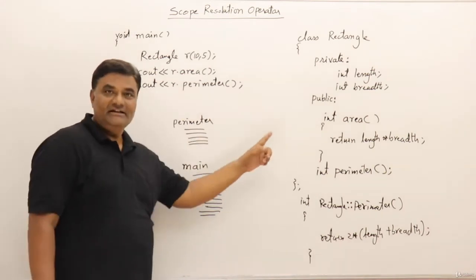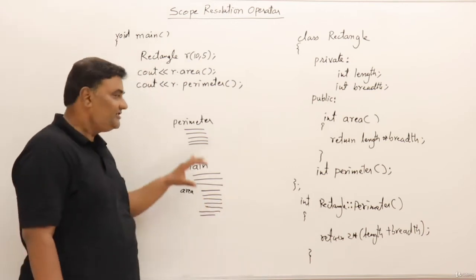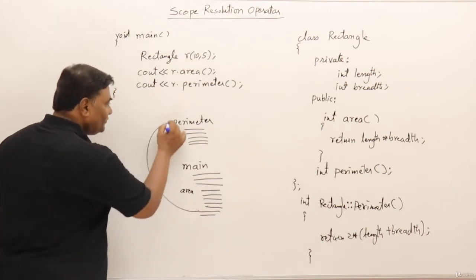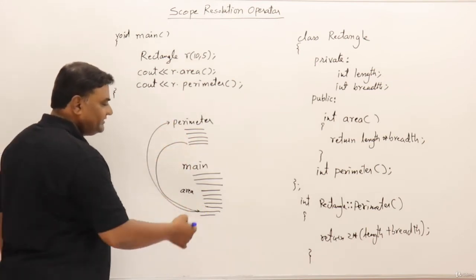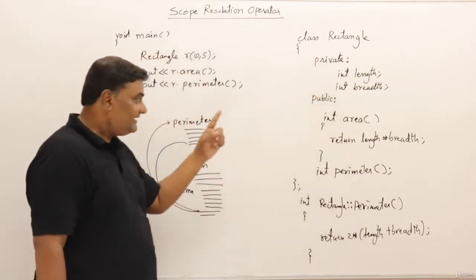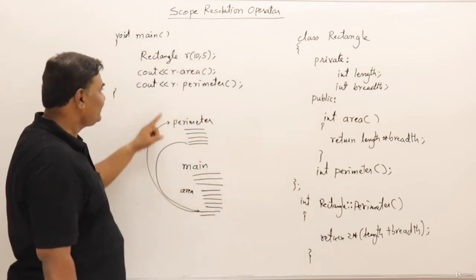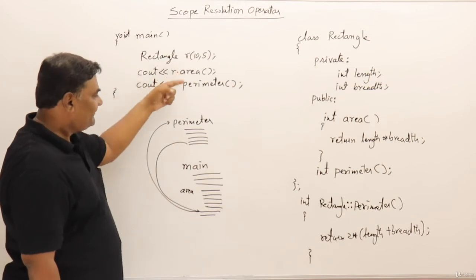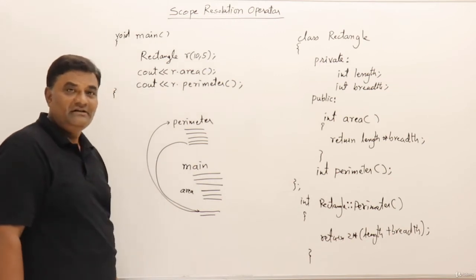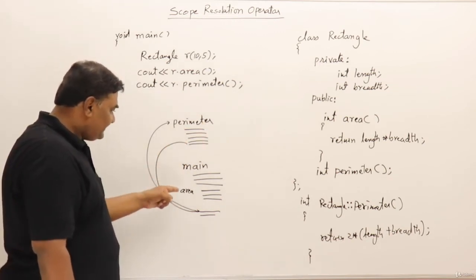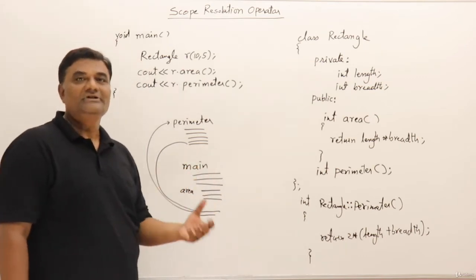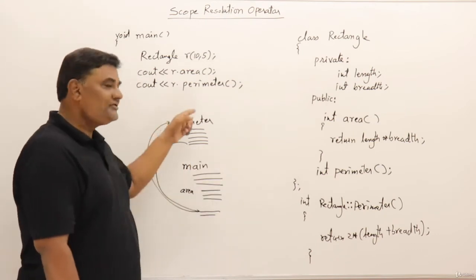Now see this. If you write the function outside using scope resolution, then the machine code for that function is generated separately, and when there is a call, it goes to that function and after the function returns back to the main function. If you write the function inside the class itself, then the machine code of that function is replaced at the place of the function call. I have written a few lines here; assume these lines belong to the area function. That machine code is replaced here. So now this area function is not a separate function. The instructions are part of main only. Function means a separate piece of code must be there.